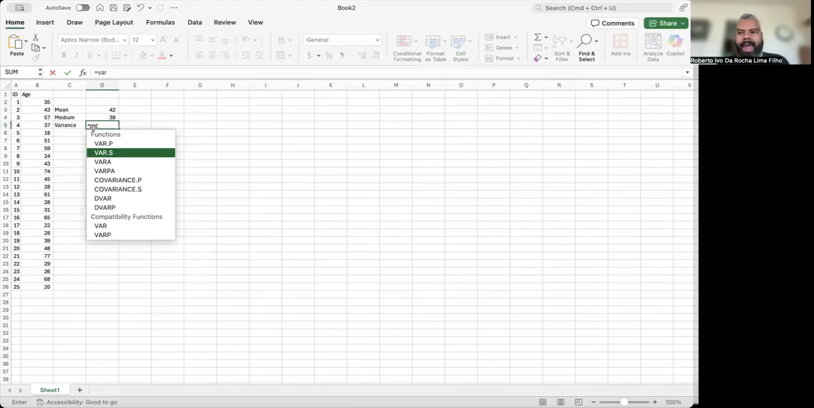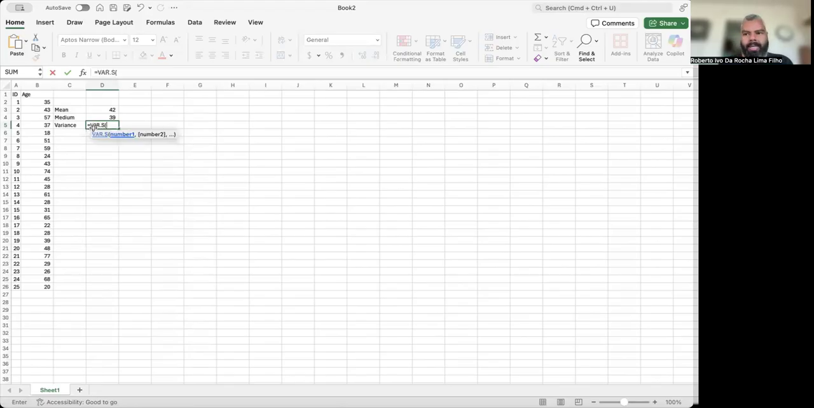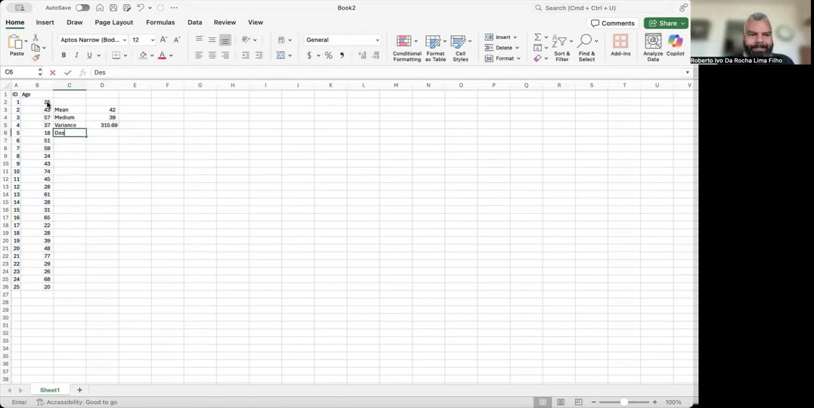We're going to hit S. And again, I'm going to open up my function with a parenthesis, drag through my data set, close it up, and then I'll have my variance. My standard deviation